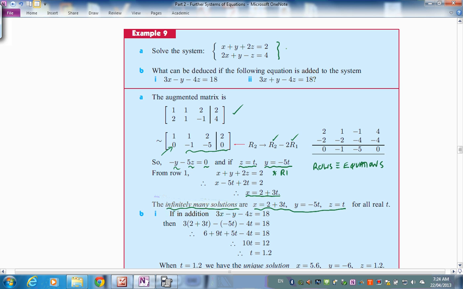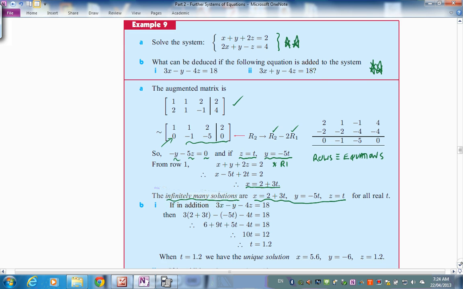Because those 2 equations are telling us right up the top here, those 2 equations are telling us a requirement on x, y and z. They can't just be anything. Okay, so now let's have a look at what can be deduced up here in part B if the following equations are